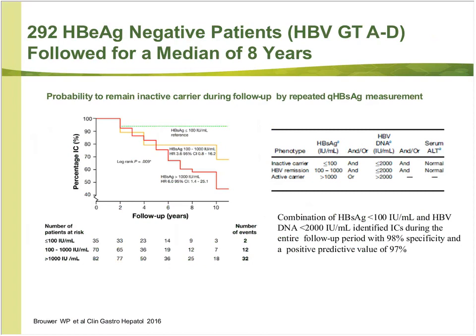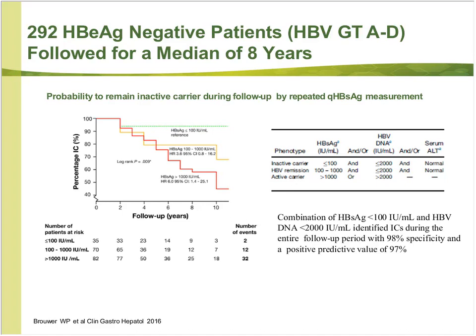Now this is looking at e-antigen negative patients followed up for 8 years. Will somebody remain inactive? And the chance of remaining inactive is even better when their S antigen is less than 100. Less than 100, extremely low risk of reactivation. S antigen over 1,000, very high risk of reactivation. So you're going to monitor that patient potentially every 3 months. They reactivate. Again, this is when a patient's not on therapy. Then you would consider instituting a nuke depending on their ALT and looking at their liver disease status by lab